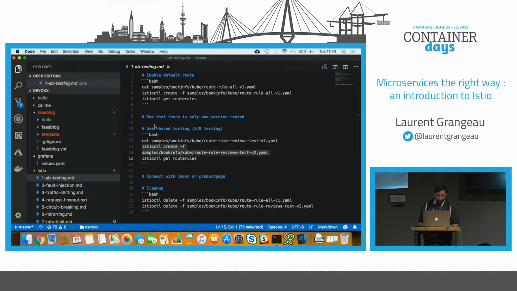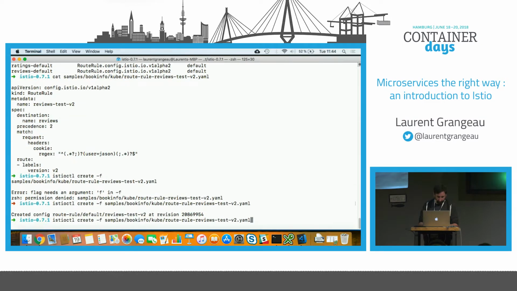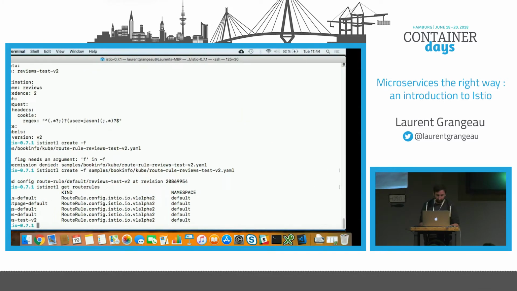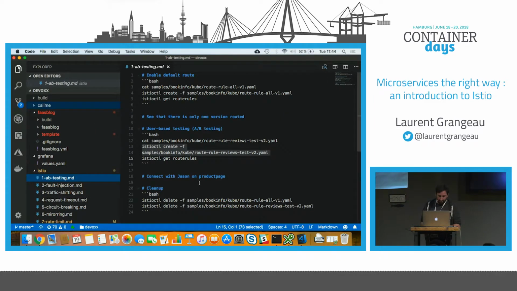So this is A/B testing, and if I go to see the rules, you have the review default, which is configured, and review test v2, which is applied. So this is my A/B testing.